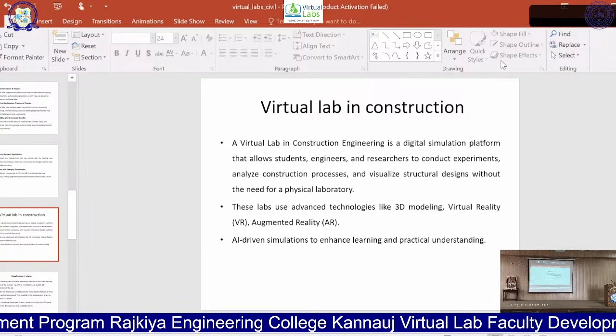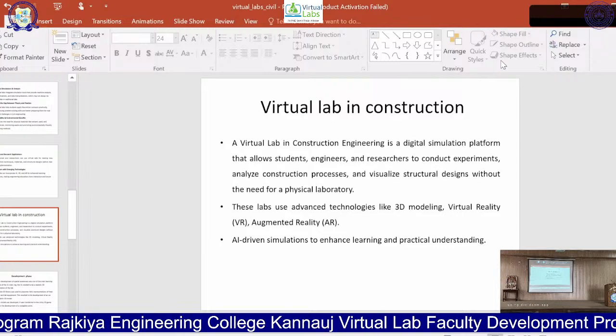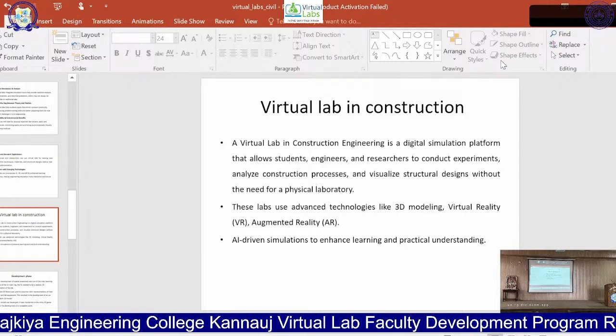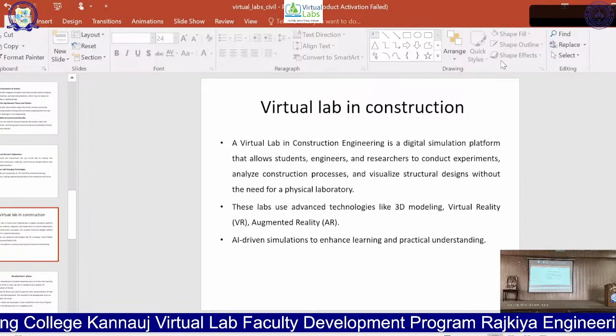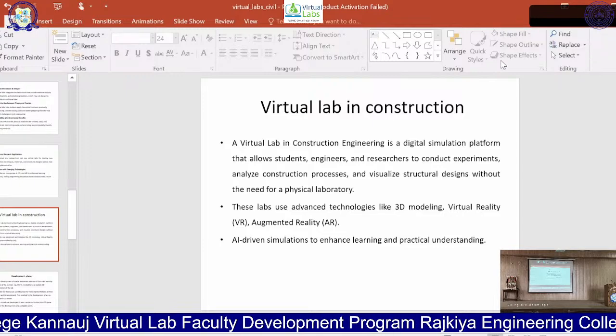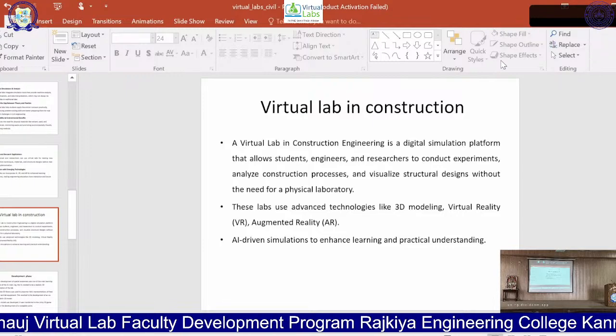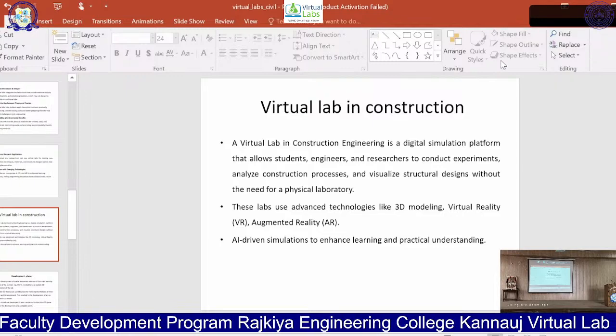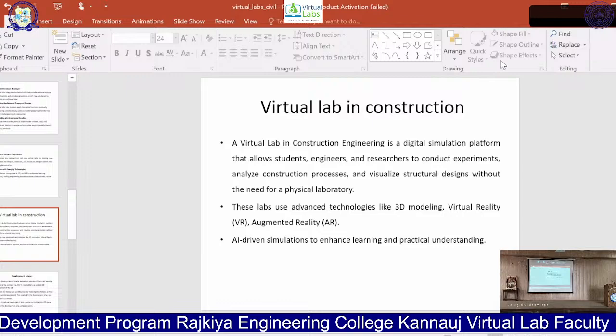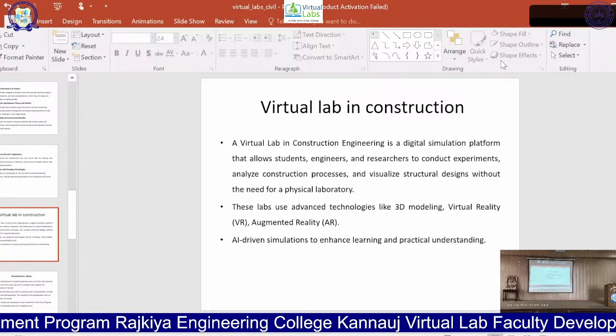Okay. Now, concrete structure labs are also available, which is conducted by the IIT Delhi. Engineering Geology Lab, COEP Technological University Pune, College of Engineering Pune, and Metallurgical Engineering Lab are also available, along with Fluid Machinery Labs, Fluid Mechanics Lab, and Geotechnical Engineering Lab. This is developed by NIT Surathkal. Since I am associated with the